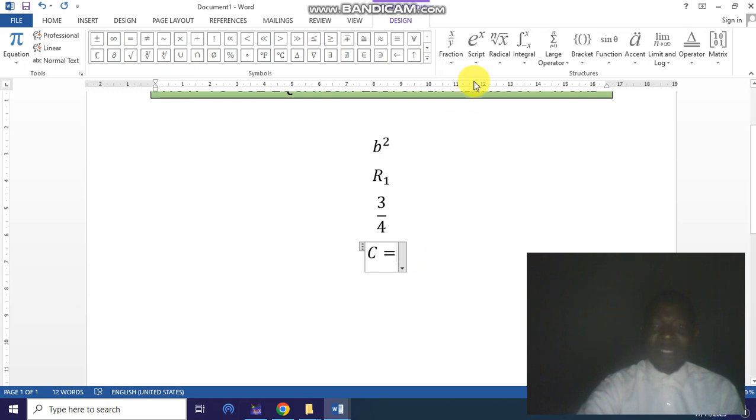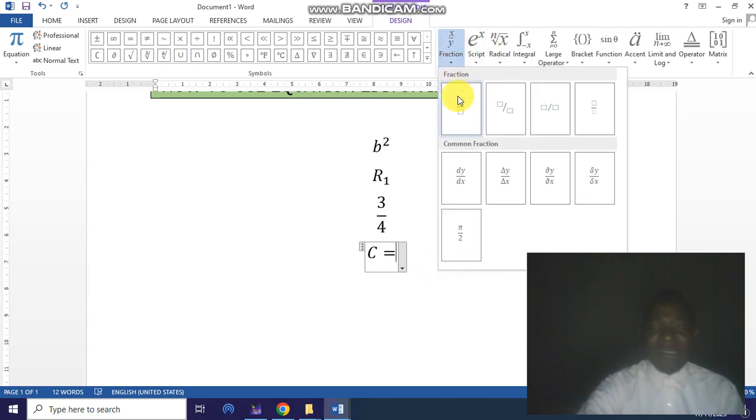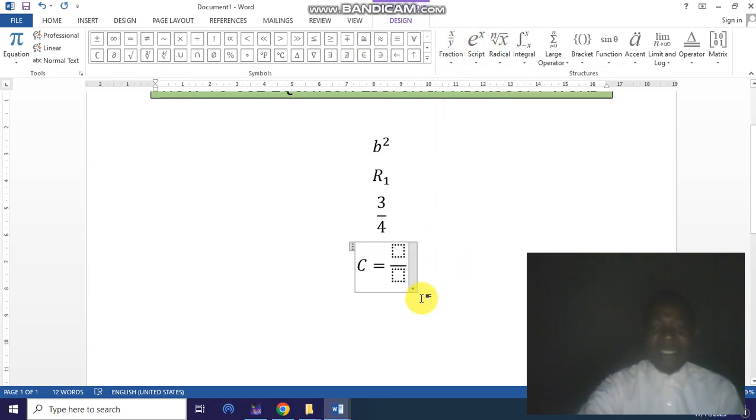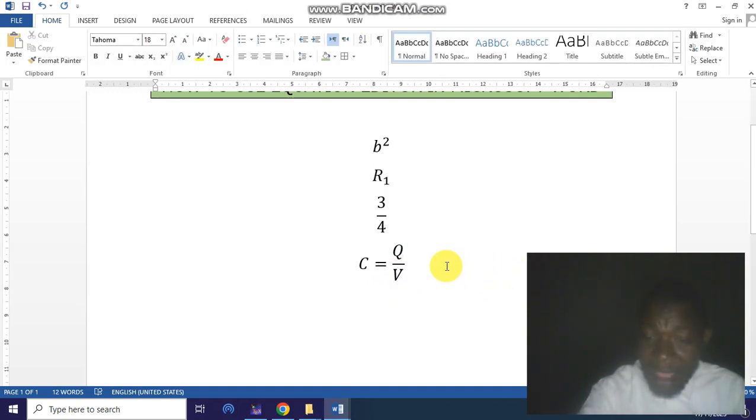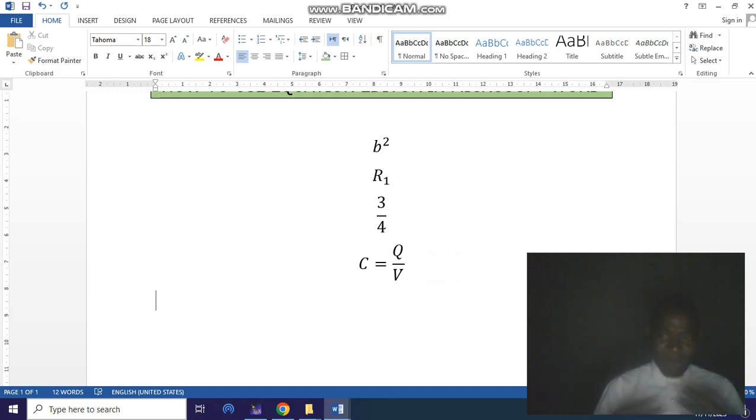C equals, then I need a fraction. You see, I click on my fraction, it comes up. My Q is here, so I press my Q, then I click on this one and I press my V. You see, as simple as that. I have my C is equal to Q upon V. If you do not use the equation editor, let's say you are simply typing, you will say C is equal to Q